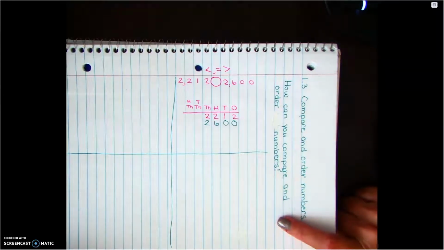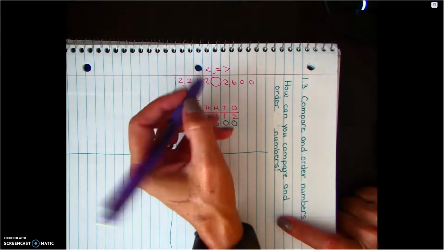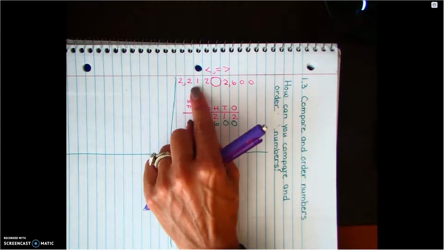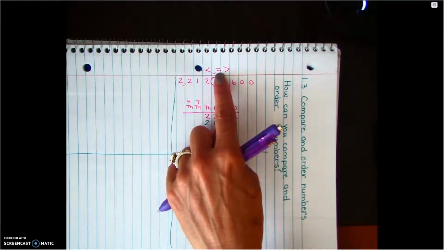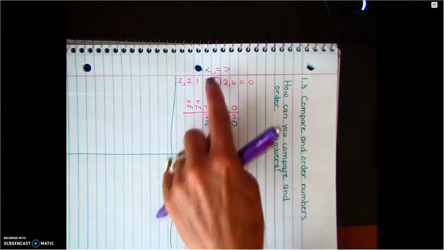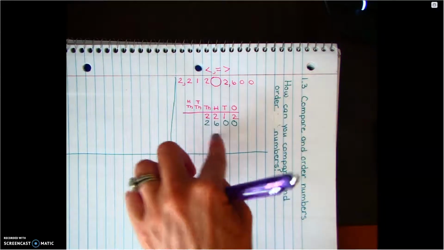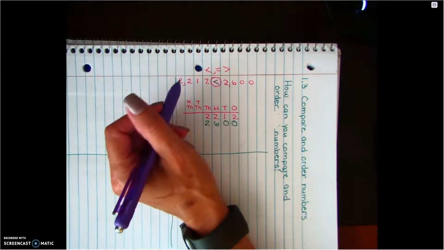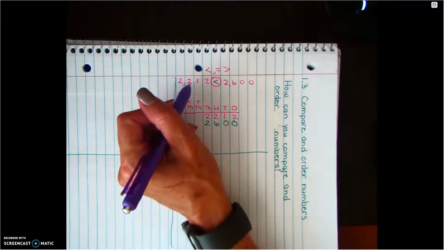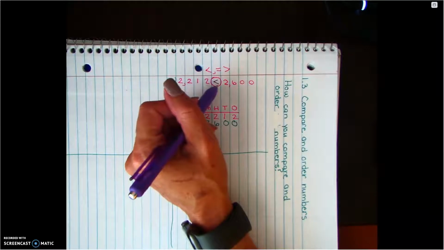And one of the tricks that I use is that this alligator mouth is always going to eat the bigger number. So if I use this one, it's going to eat this one, and that's not the bigger number. And it's not the same as, they're not equal. So I need to have the alligator mouth that eats this number. So that means it is this way. And how we read this in math terms is 2,212 is less than